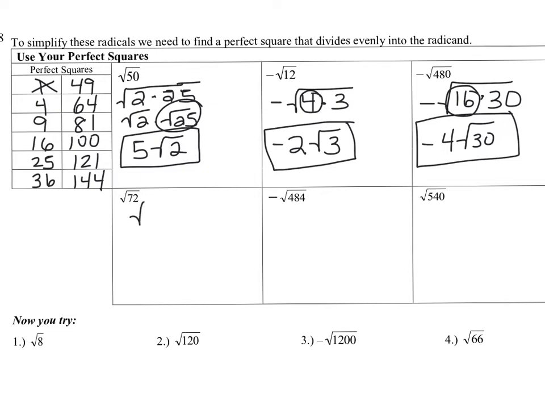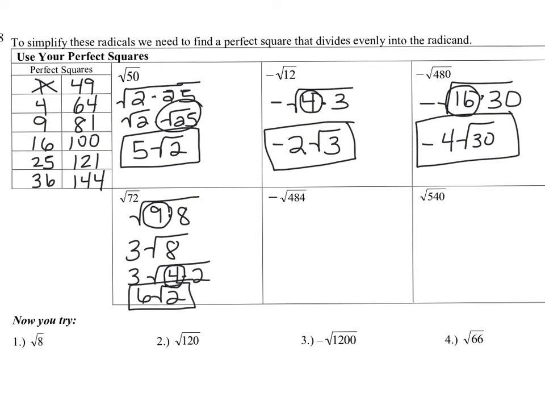I'm guessing that a lot of you started with 9 times 8, right? 9 times 8 is 72. The square root of 9 is 3. So then I would pull out the 3, and then you're left with the square root of 8. Now, the square root of 8 has 4 that goes into it. So then I would continue and I would break up the 8 into 4 times 2. The square root of 4 is 2. We pull the 2 out, multiply that with a 3, and that would give you 6 square root of 2,